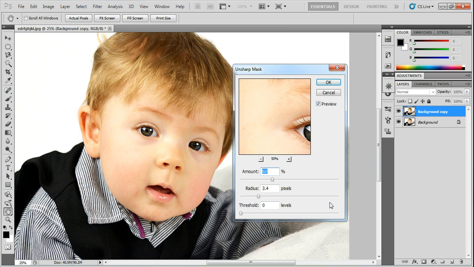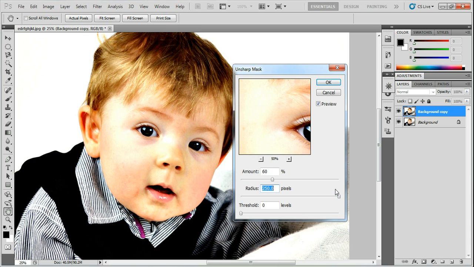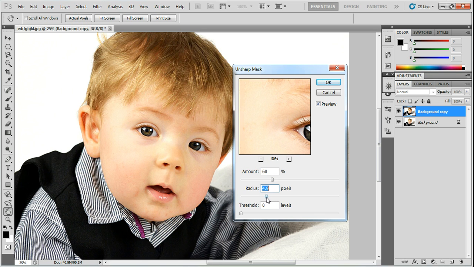And then the radius, if I put this up now, it goes quite dark. But I normally have this around 3 to 5. And the threshold you do not need to worry about, it doesn't do a lot, so there's no point in using it, but you can still play around with it. Okay, so if we click OK on that one,